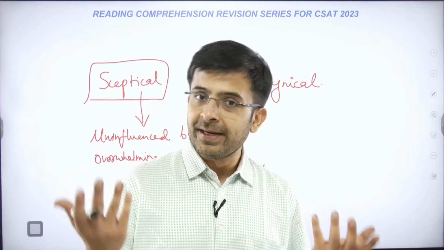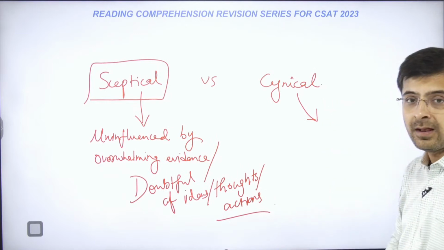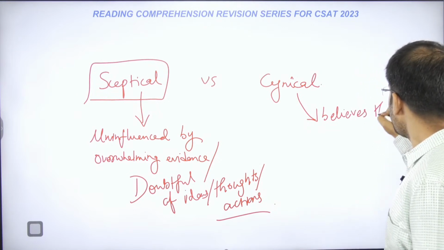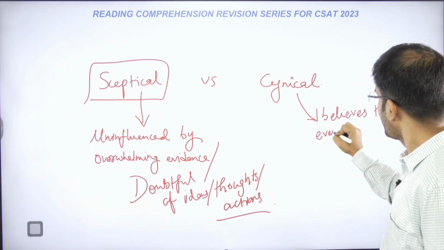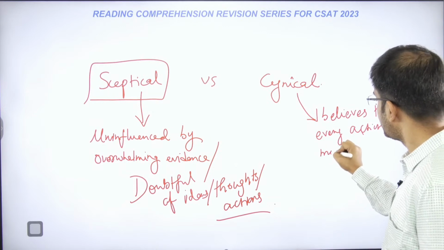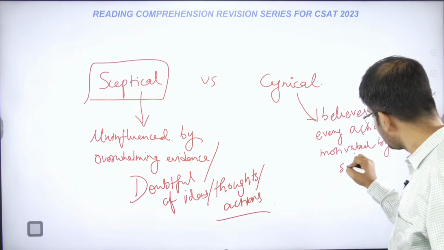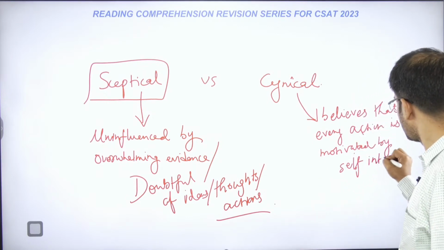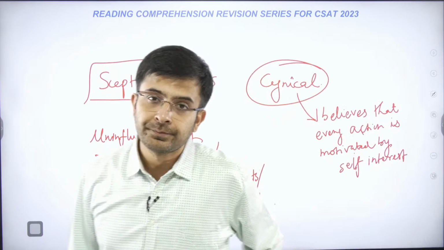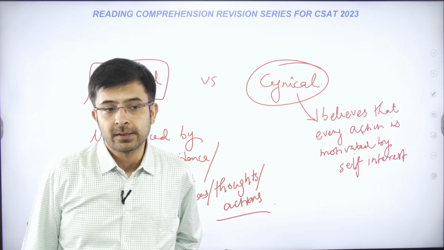So what is Joey being here exactly? He is being a cynic. A cynic believes, you can write this down, that every action is motivated by self-interest. Do make a note of this. Skeptical versus cynical. A cynic believes that every action is motivated by self-interest. So for example,